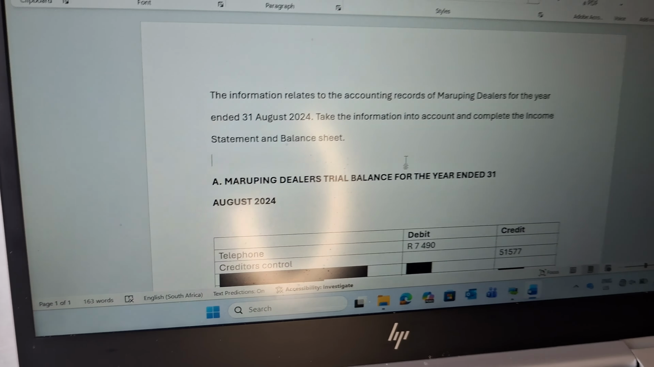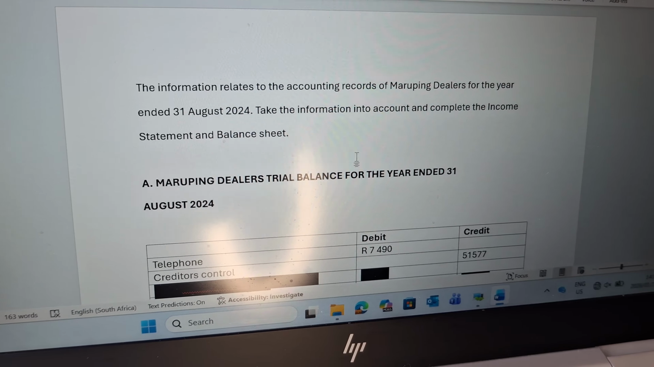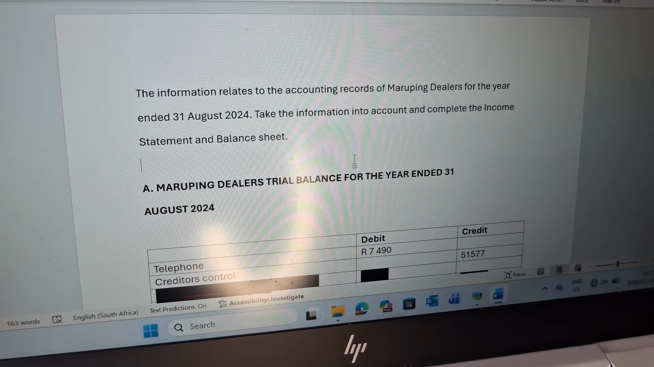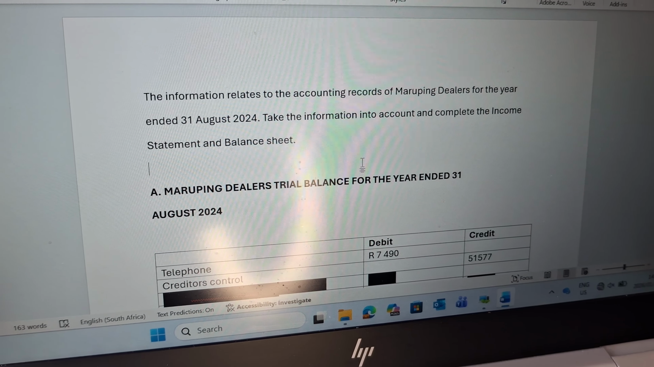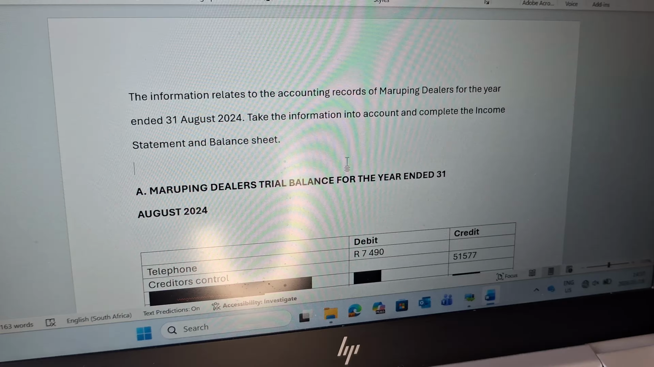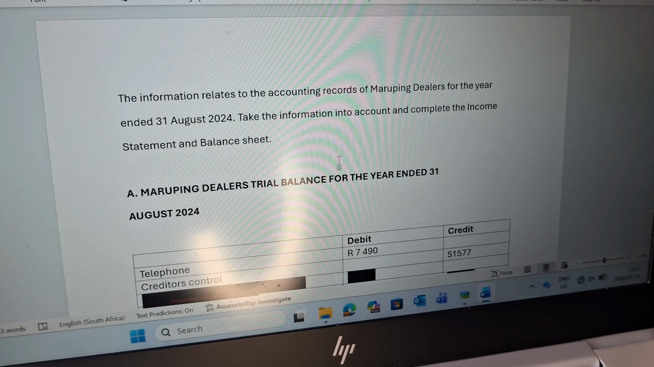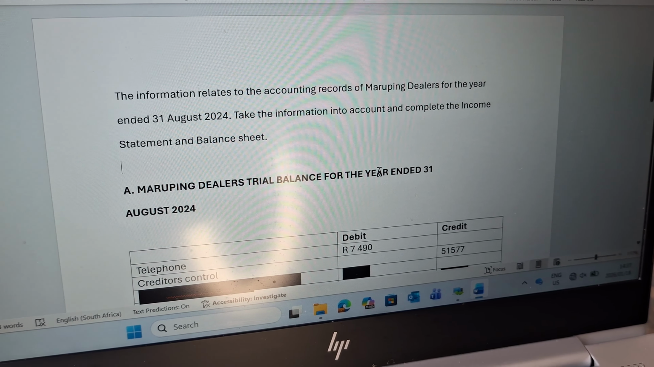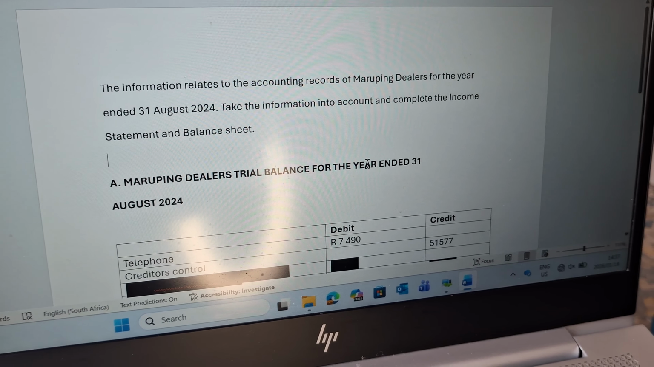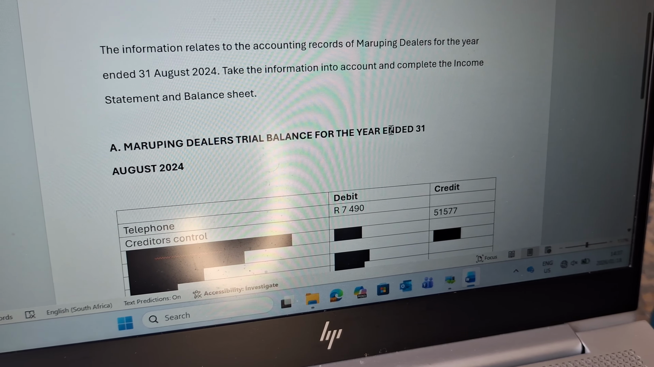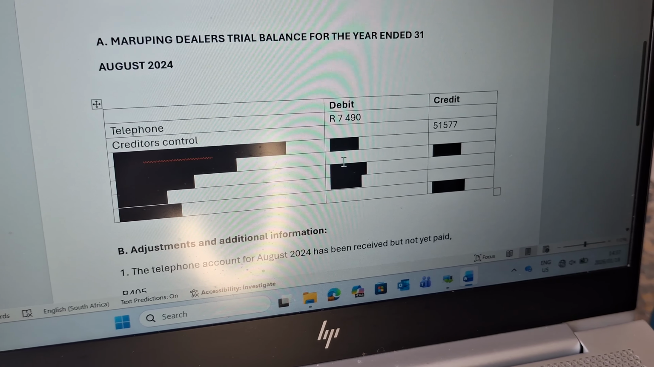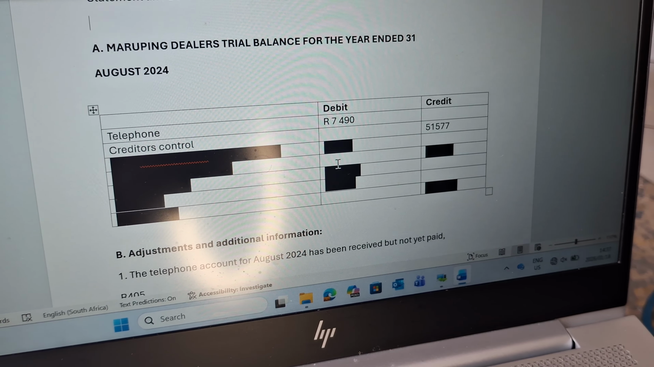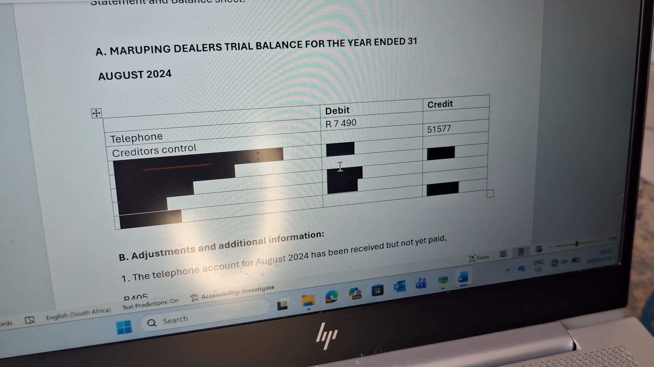So here I've got an example which says, the information relates to the accounting records of Maruping Dealers for the year ended 31 December 2024. Take the information into account and complete the income statement and balance sheet. So information A, we are given Maruping Dealers' trial balance for the year ended 31 August 2024. In the trial balance, we've got the telephone of 7,490 and the creditors control of